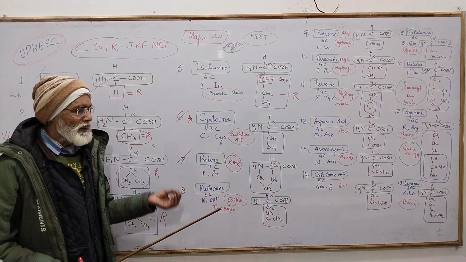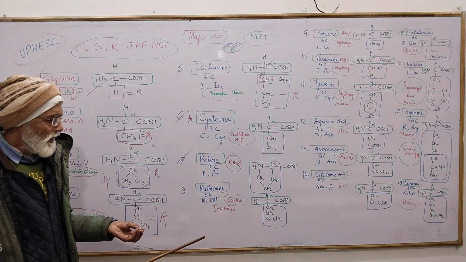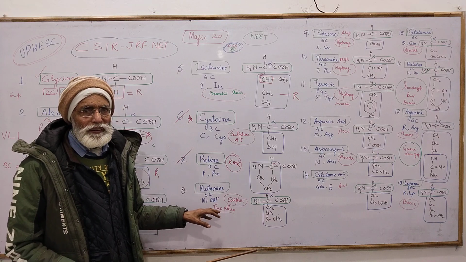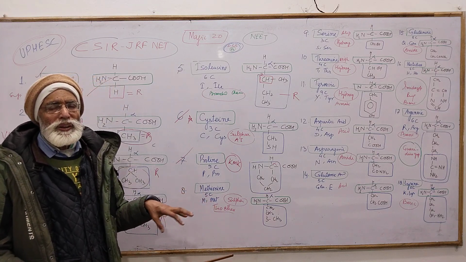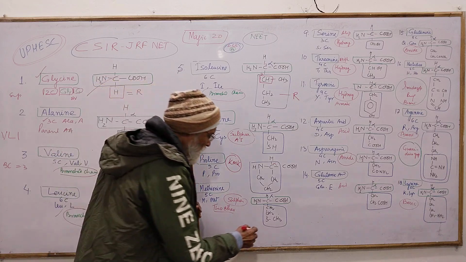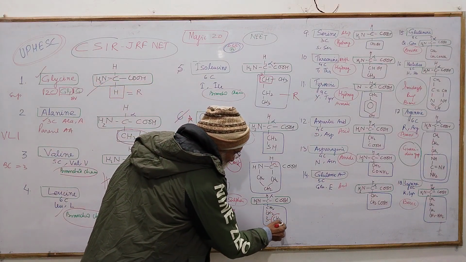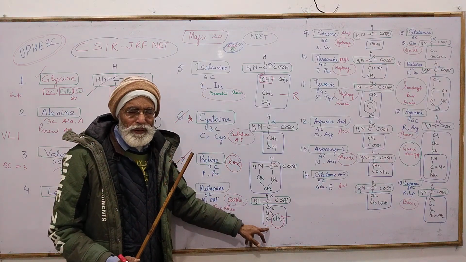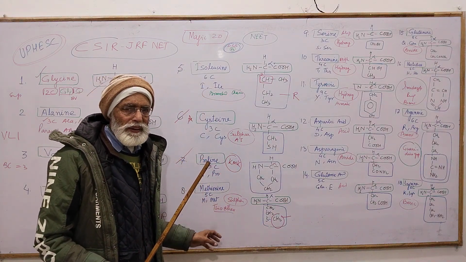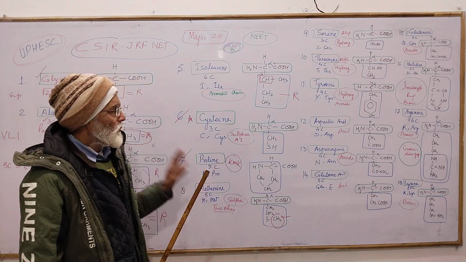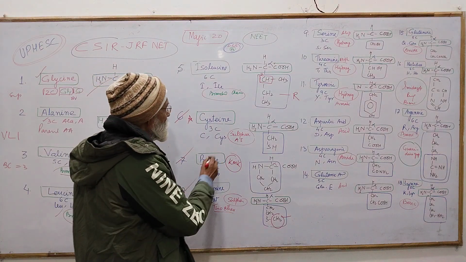And what is the major contribution in protein synthesis? It possesses a thioether group. Remember, this is also the initiating amino acid to start the peptide formation. And another very important point, it is also a methyl group donor. Remember, very important point: initiating amino acid and methyl group donor, what? Methionine. Okay, now this is also clear.